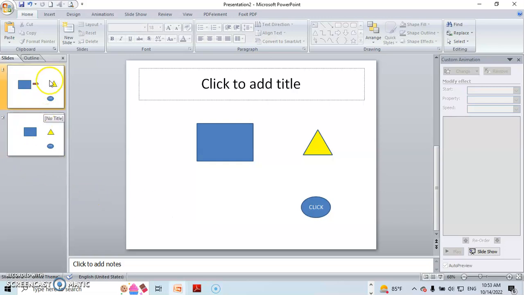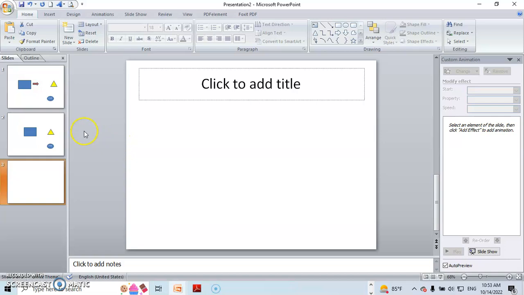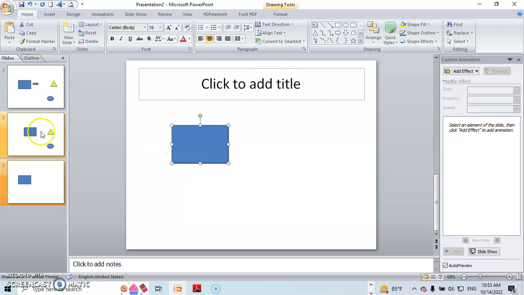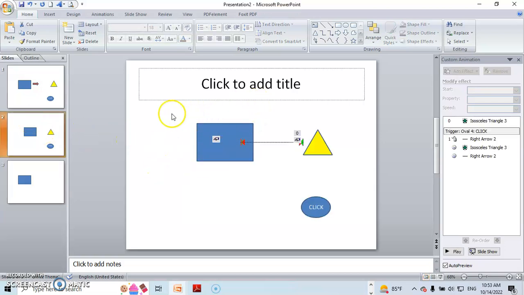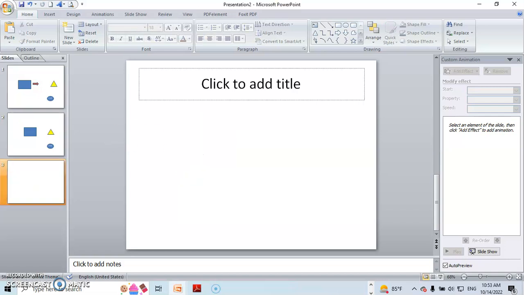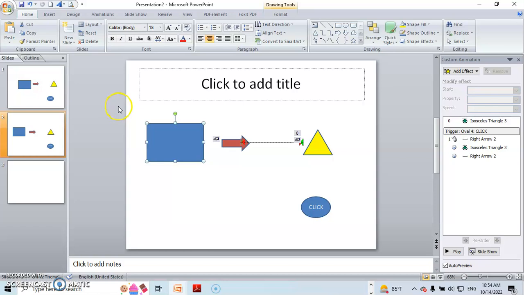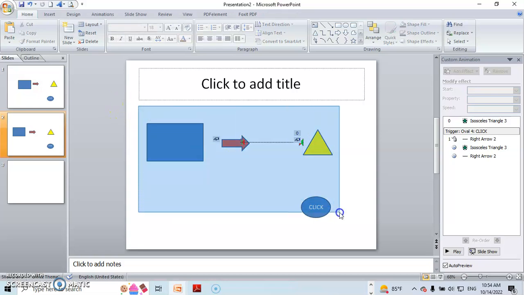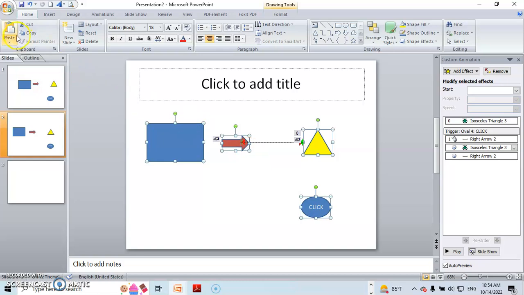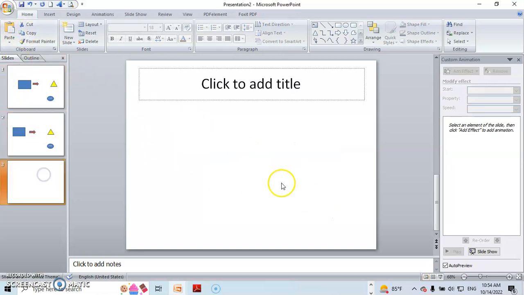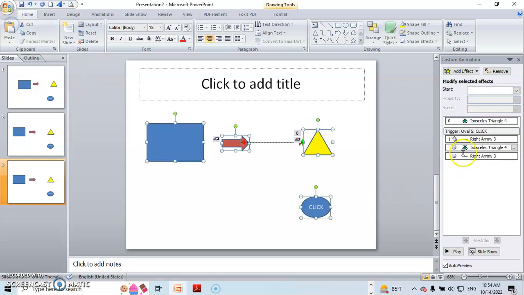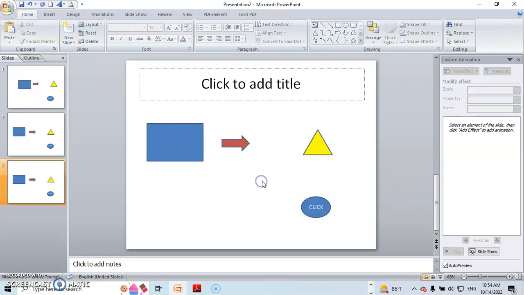So that means I need to insert a new slide. I'm going to copy. I think I already have everything there, so I'm going to paste everything. No, I don't have to copy the whole thing, so I don't have to repeat it again. Oh, I'm missing something. I'm missing the mouse right here. So I'm going to take everything again, copy it, and put it on my last one here. Okay, I'm going to remove all the effects that I have,